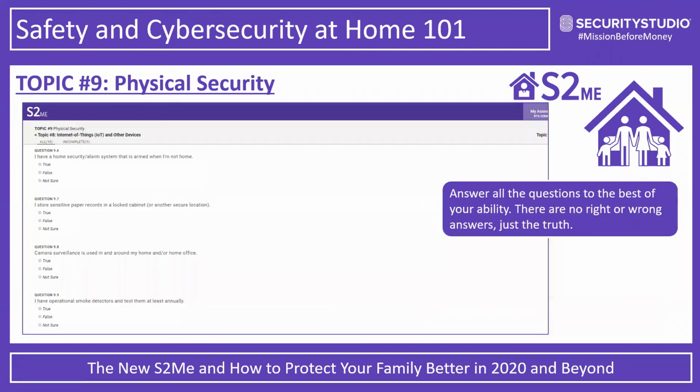So moving back to the questions, question 9.6, do you have a home security alarm system that is armed when you're not home? Some of us do have those alarm systems, some of us don't, but if you do, are you arming it when you're not home? I'm shocked sometimes to see how many people have things like surveillance cameras and alarm systems, but they're not actually using them. They're forgetting to set the alarm when they leave the home, or maybe before they go to bed, or they have teenagers in the house that aren't setting it, things like that. So it's important that if you do have that, you actually set it and use it appropriately.